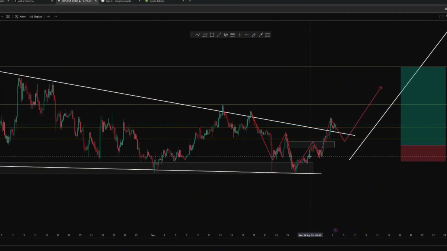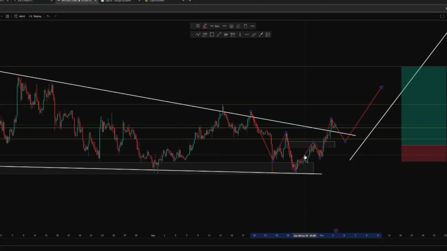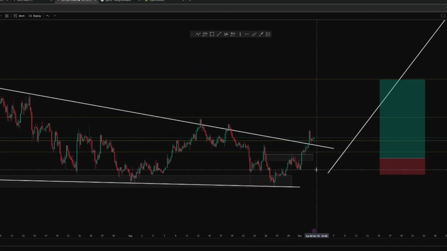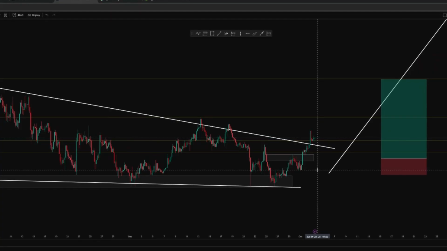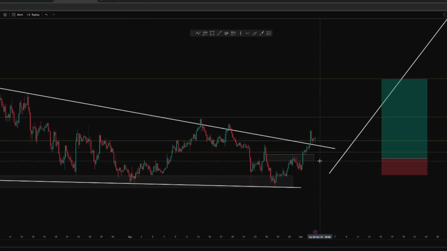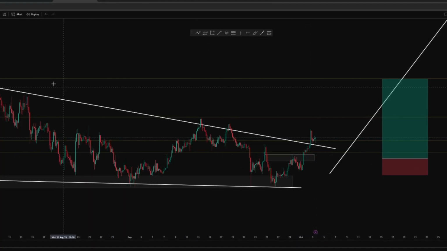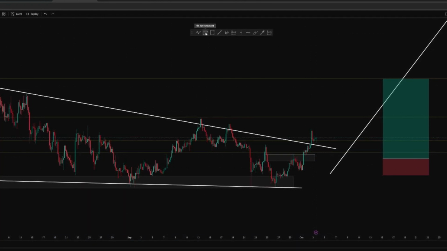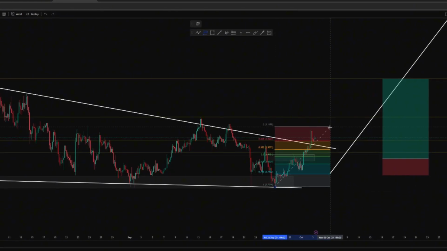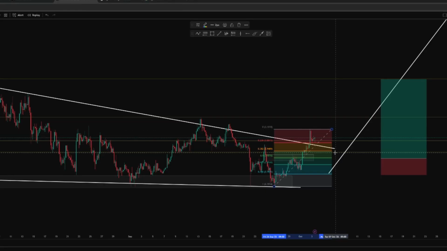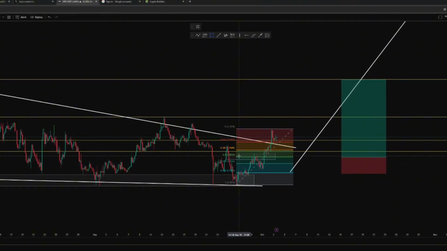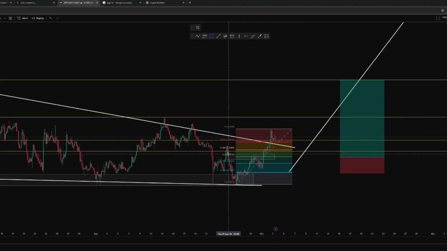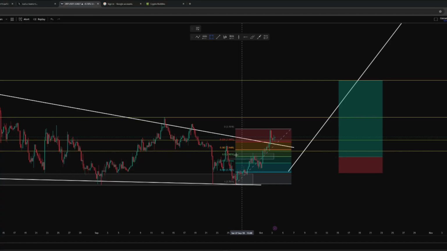So let's get rid of this now. We already know what we're expecting. For those who missed the entry, maybe wondering, where can I get back in on this trade? Let's do that. If you take your Fibonacci and draw from the low to the high, what you really want to know is where that 50% is. So this is the 50% retracement, and it aligns precisely with this fair value gap,